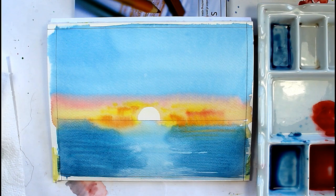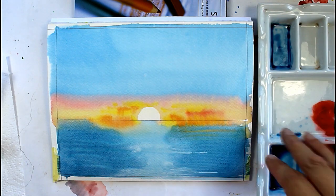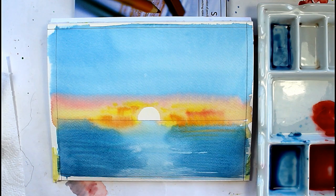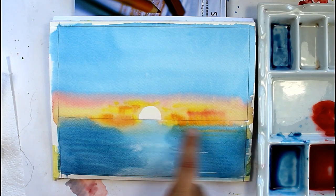So when you're working wet in wet, make sure that you always add a higher concentration of paint with less water into your next layer. Otherwise you're going to get those cauliflower shapes. Also make sure you tilt your board. Can you see, even though we've got it tilted, we've still got this water going back up a little bit